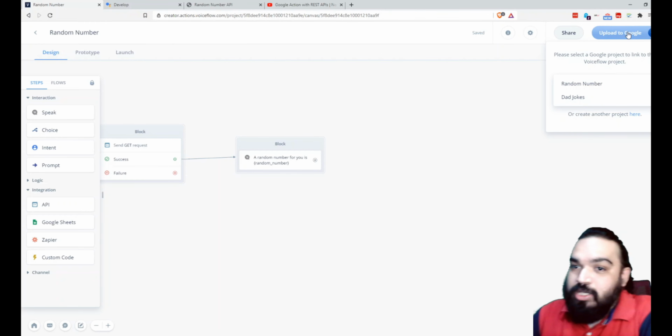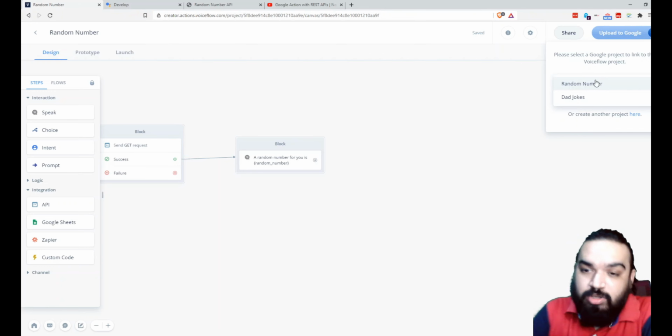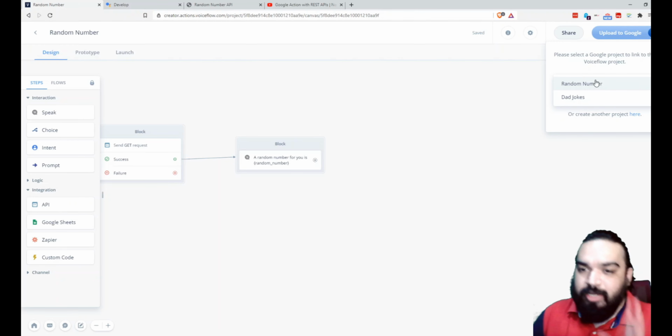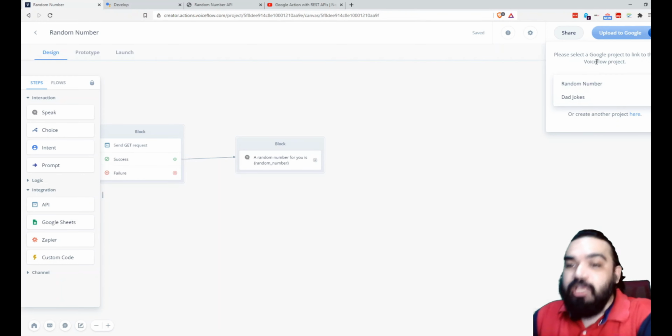Yes, it works. So as you can see, random number is a new project that got created. What I would recommend for you to do is create the project first in the actions console, and then you can build the skill so that it is much more seamless, unlike what I just did, waiting multiple times and trying it out multiple times. If you have an empty project, it will get fetched automatically the first time you try, because it is already there, right?